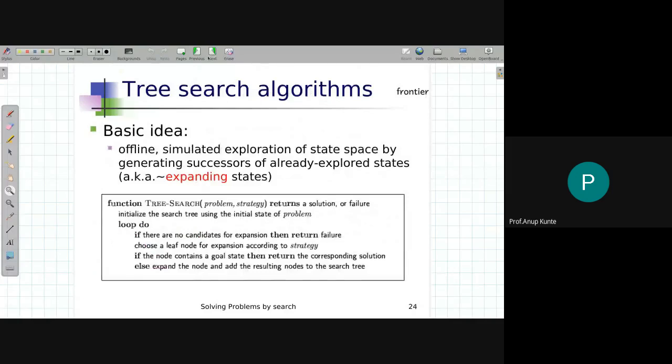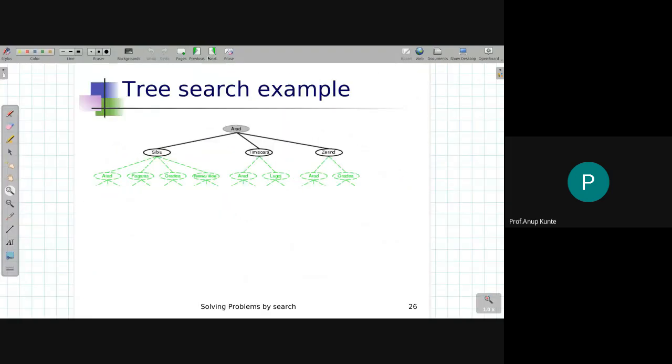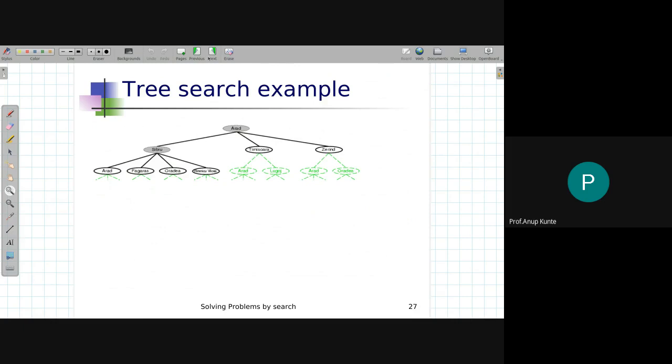All these slides I'm going to give you, don't worry about that. Initially, I used the book because I wanted you to understand the deliberation and where exactly in the book that content was. Now when you start from Arad and you reach Cebu, if Cebu was the goal node, your search is halted. But if Cebu wasn't your goal node, then your search will continue. That is, you'll again expand Cebu and generate further nodes.